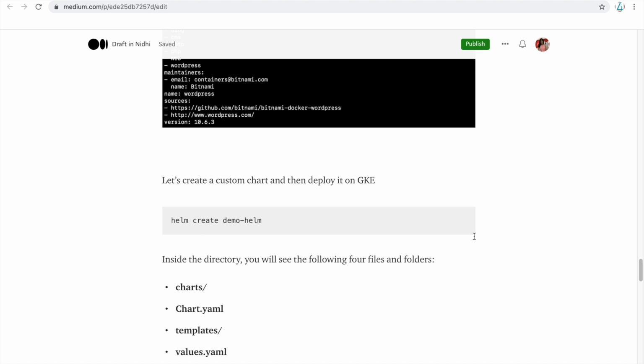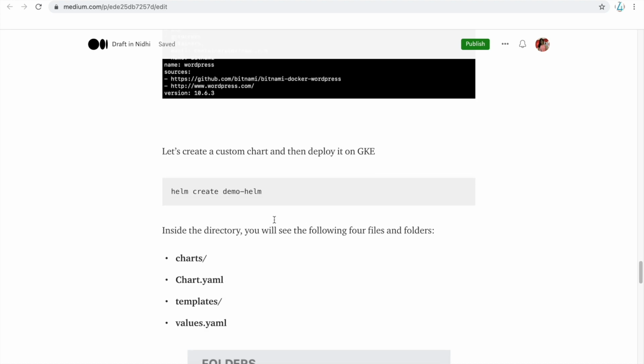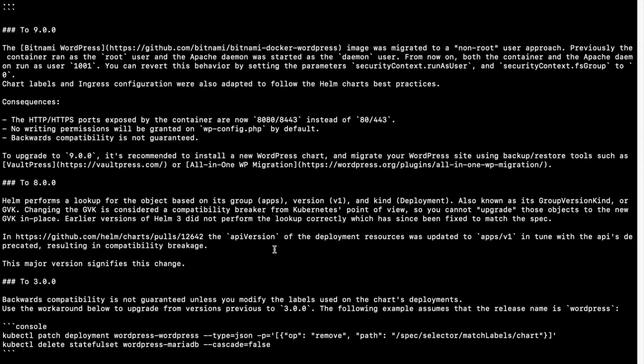So we can understand what is in this Helm chart and how we can customize it for our application needs. For that, Helm lets you create a chart directory. You can just run this command. Let me clear the screen: helm create demo-helm. It is the name of your folder, basically.